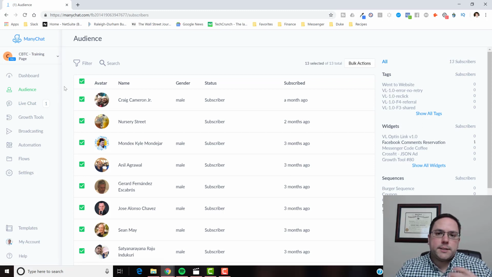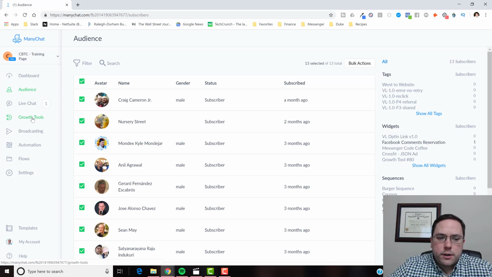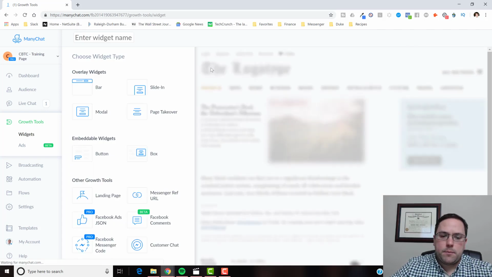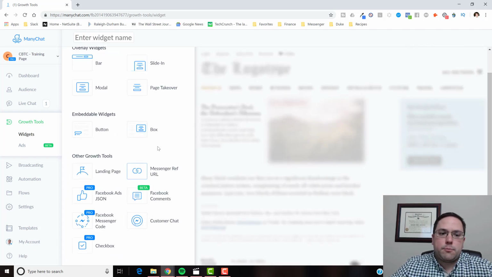Okay. The biggest areas you need to focus on, or need to understand what they are, is growth tools, flows, and automation. Okay, so really quickly, just high level, growth tools is how do you get somebody that is not inside of your bot into your bot? So you do this through a growth tool. Okay, so I'll just show you really quickly all the different ways that you can get somebody into your bot,